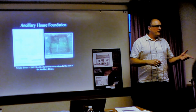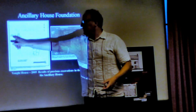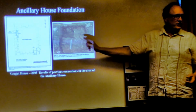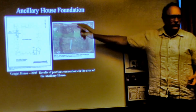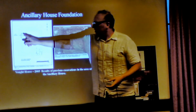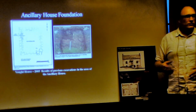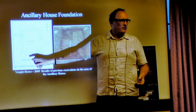The excavation that happened 10 years ago at the site did 2 units, one here called EU6, excavation unit 6, and then a little extension over here, excavation unit 7. And locating in those 2 units, this stone foundation, which is this unit, okay? The line drawing in a photograph. See the nice north arrow and the scale and all that. All right, this is what they uncovered. They also have another one over here. And finding those 2, they actually used a probe to test where this feature, or this foundation of the house, was located. So it's our plan to dig more of and expose more of this foundation,